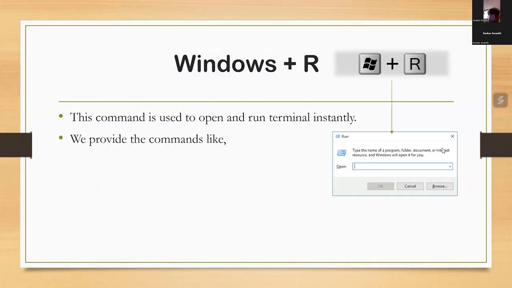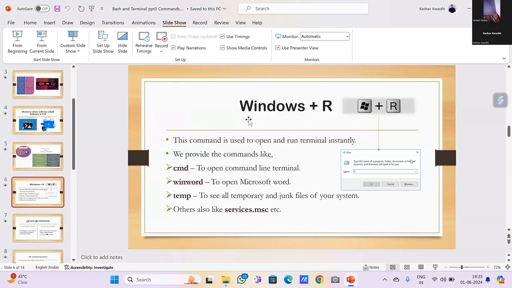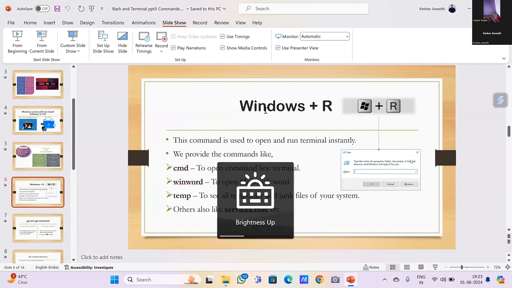So now, from this slide, I will try to cover some practical implementation also. So here you can see Windows R. So first command is Windows R. This is not a command. This is basically a shortcut key to open a